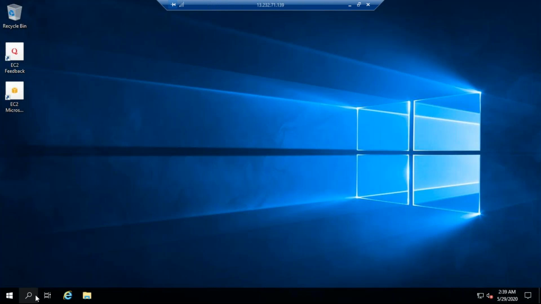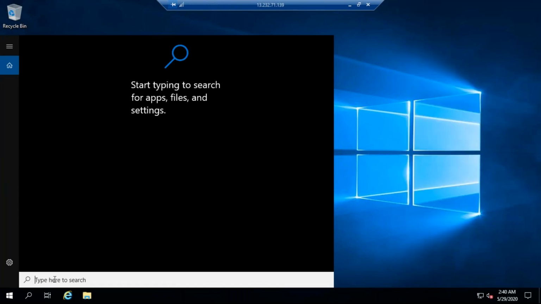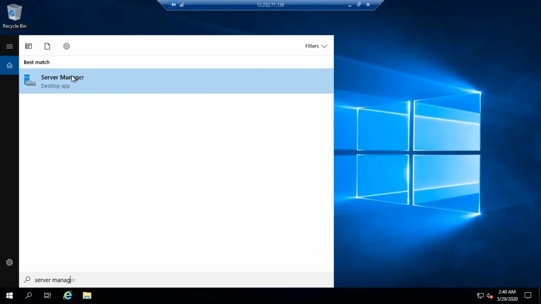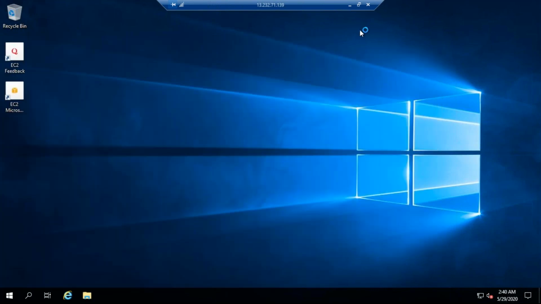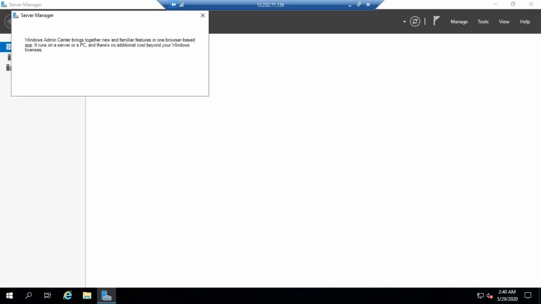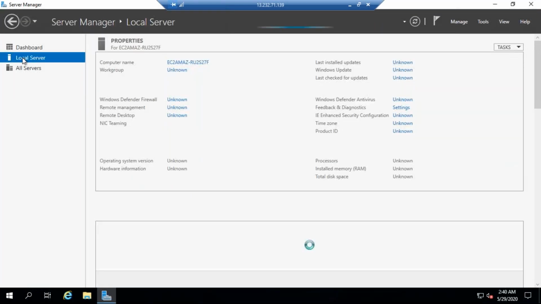Let's search for server manager. Double click on that. Click local server.